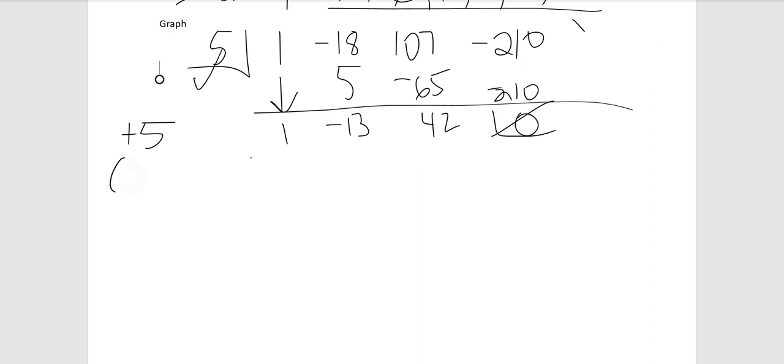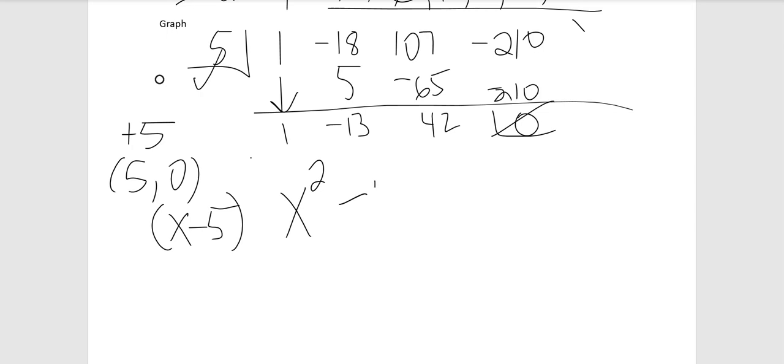So we have 5 as one of our factors, which means if positive 5 is the x-intercept, then that came from x minus 5 as a factor. And then we're left with 1x squared minus 13x plus 42, which is a quadratic equation that we can factor